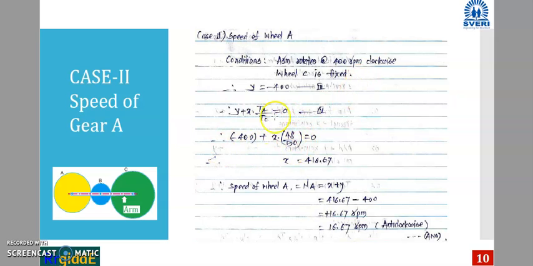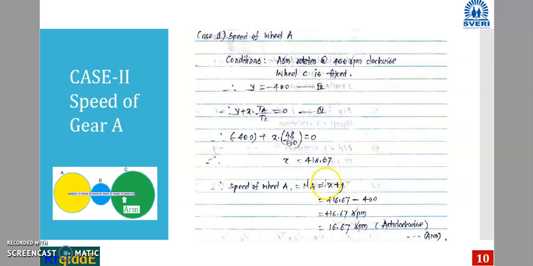So by putting the value of y in this equation number 4, we will get x is equal to 416.67,